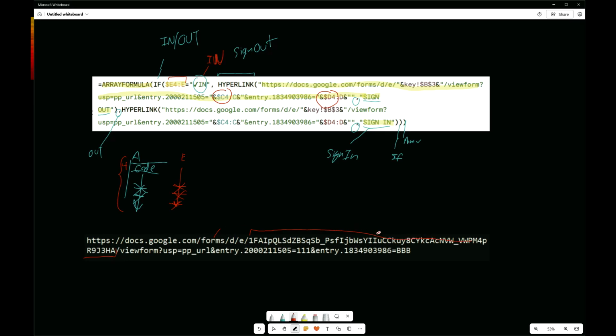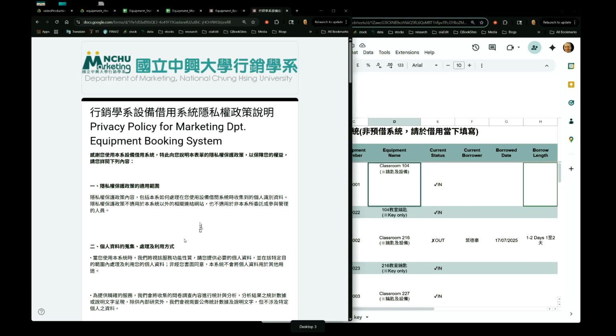What is this? This is the ID of this form. And that ID, remember, we want to save some trouble. We don't want to type such a long one or make our code look so long and complicated. Actually, I'm going to take this long number here, which ends in J3HA, and I'm going to place it